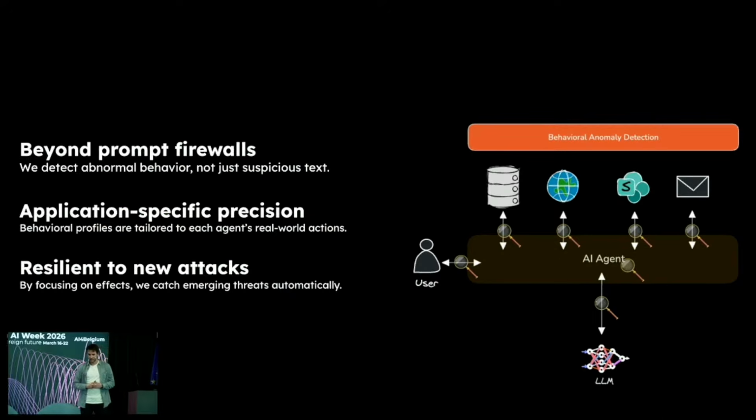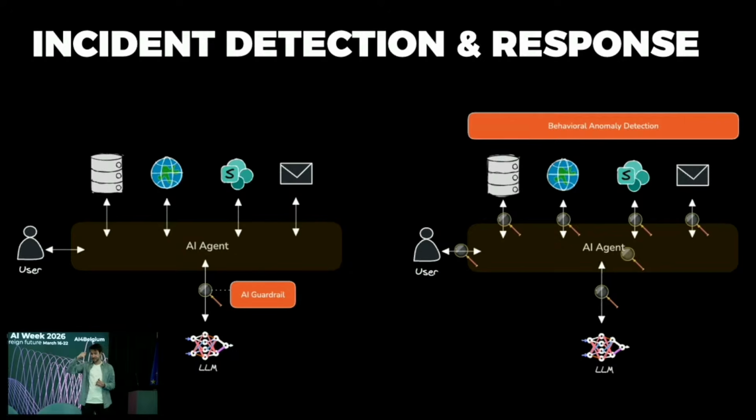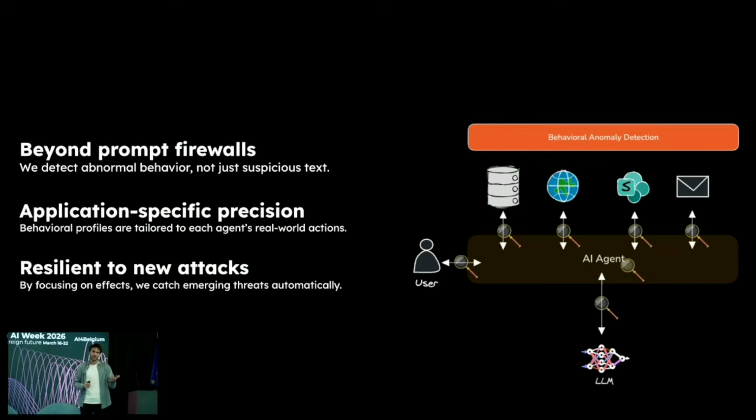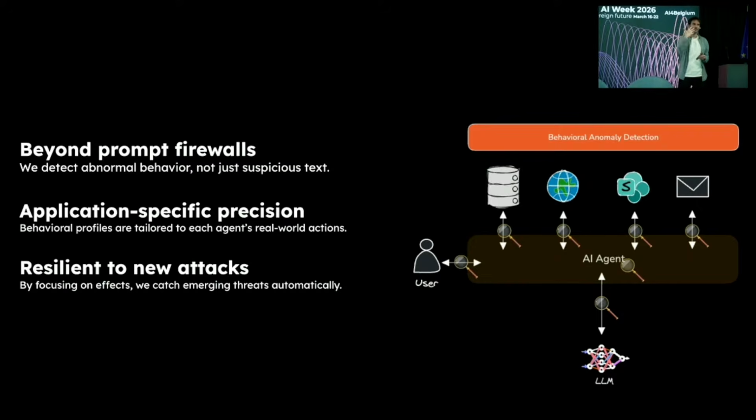The reason we think this is a lot better is because instead of just looking at what's going in and out of the model, which is a paradigm that increases the bar, so it's nice, but never gets us to zero incidents, we need to look at this from a holistic perspective at the application level. Instead of just monitoring inputs and outputs to the model, we monitor all interactions that happen. We model interactions with the user, the data sources, and the different tools that you have there. By doing this, you can make a baseline of the behavior of the application in production. And then you can start detecting deviations from this